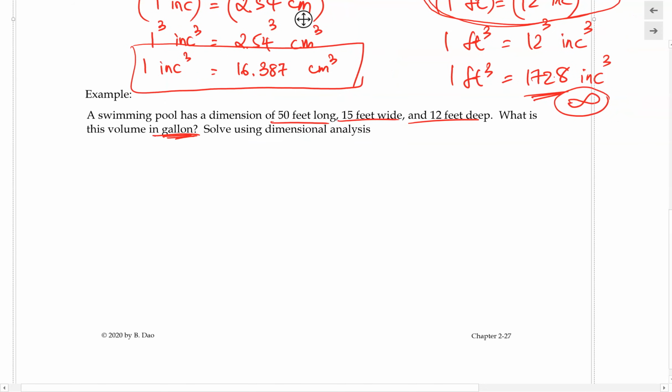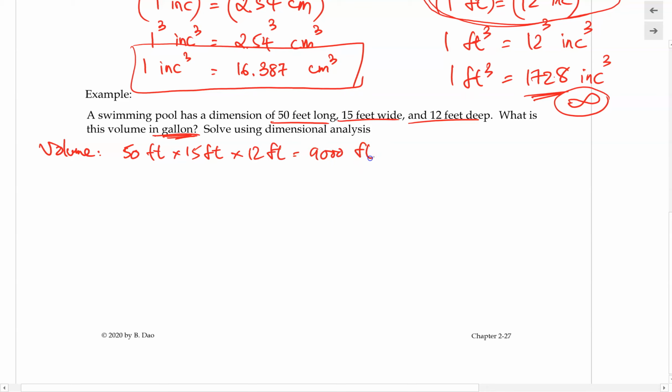So in this case, the volume of this equals 50 feet multiplied by 50 feet multiplied by 12 feet, which would then equal 9,000 feet in cubic feet, to be exact in this case. Okay, so we are given this volume in cubic feet, and we ask what is this volume in gallons. So in this case, the starting unit is basically cubic feet, 9,000 cubic feet, and